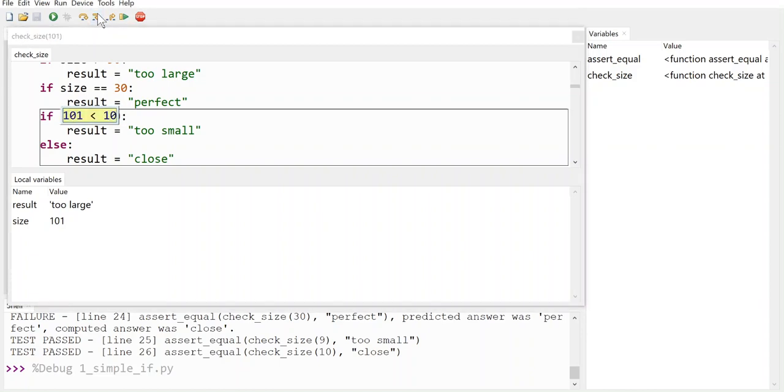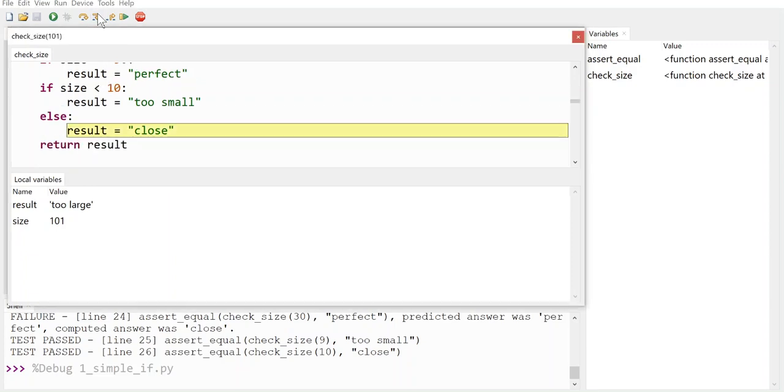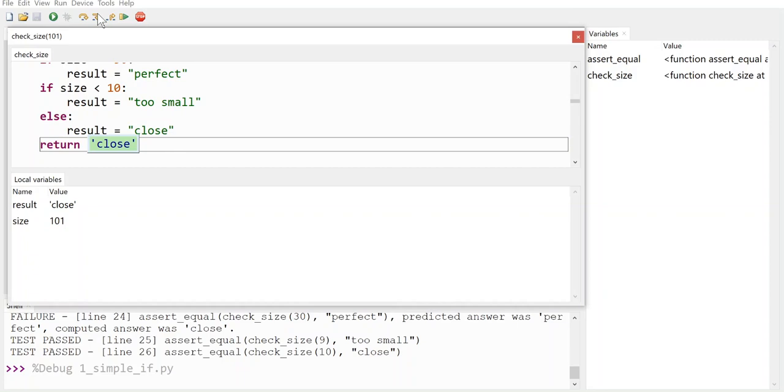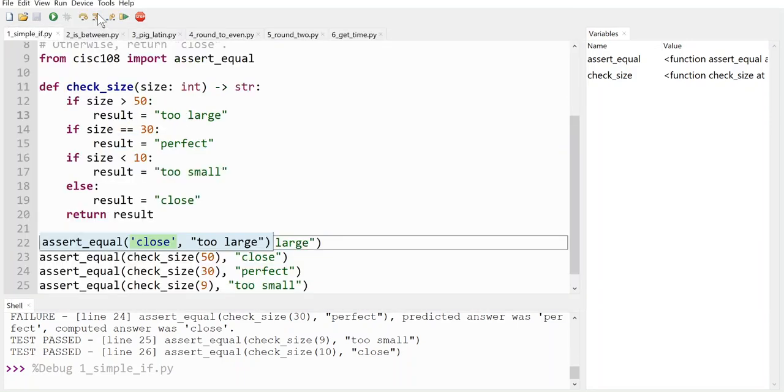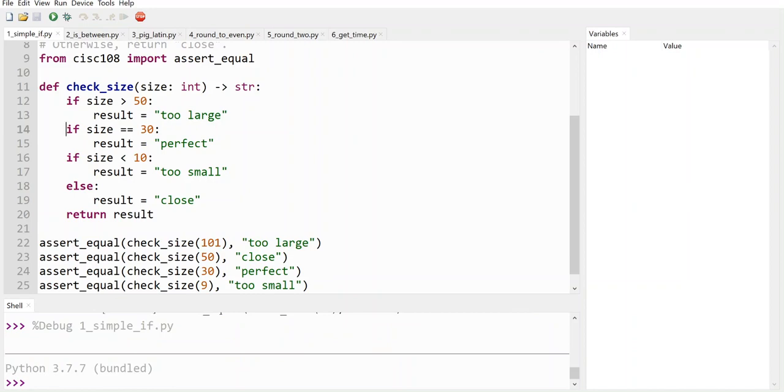That's not the problem. The problem comes in what happens with this chunk here. We're saying, okay, well, it's not less than 10, so we must go to the else case, and we assign close. We end up returning close for this entire code chunk because we incorrectly were using if instead of elif